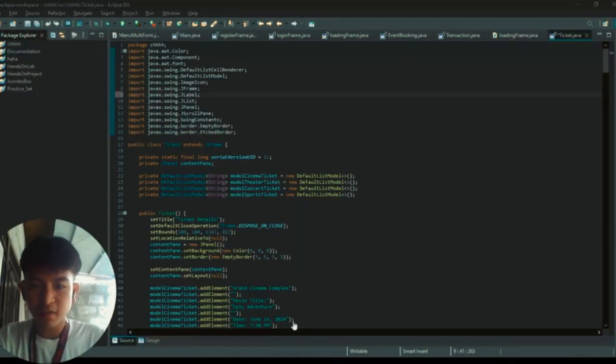This is my explanation of the Java Swing ticket details, in lines 1 to 165.